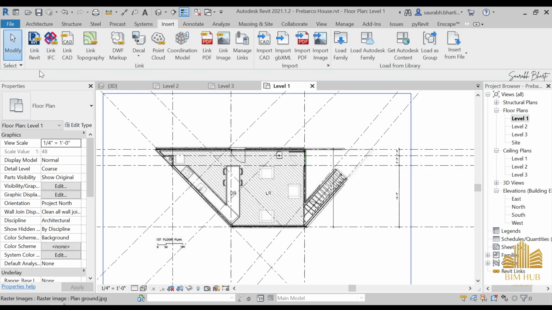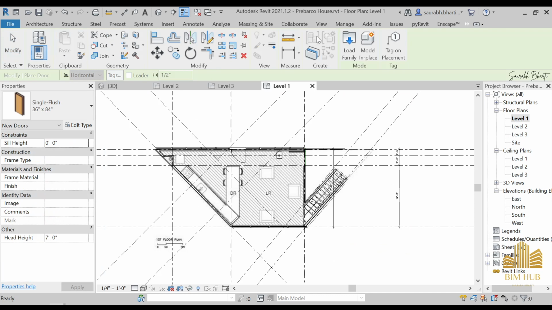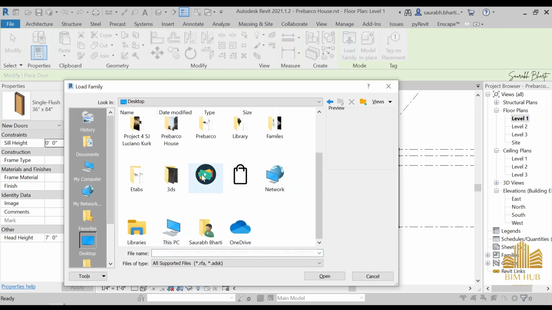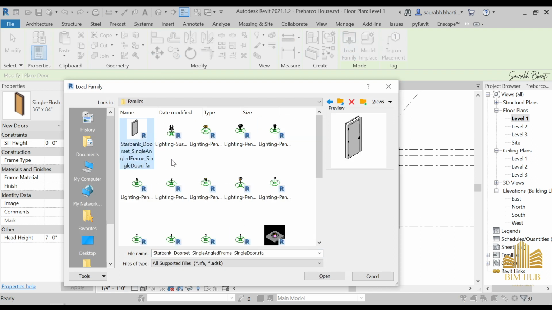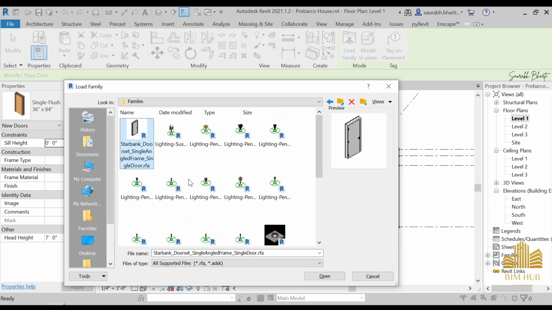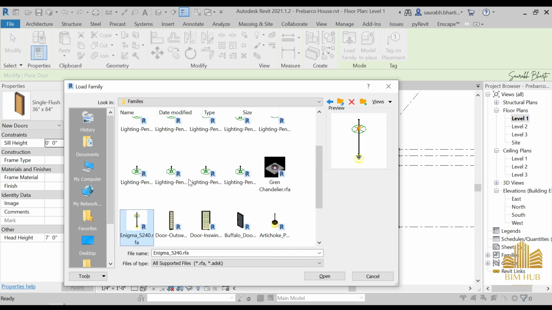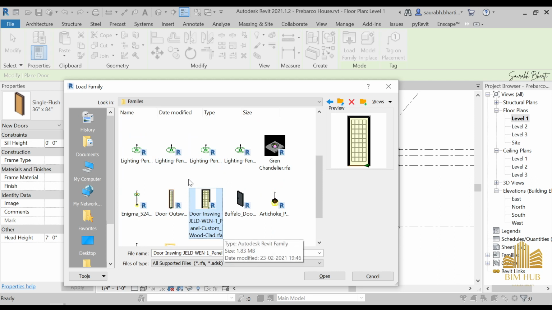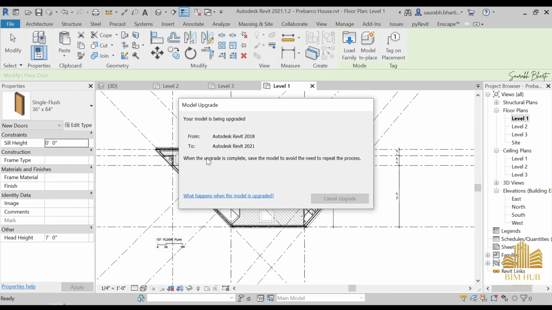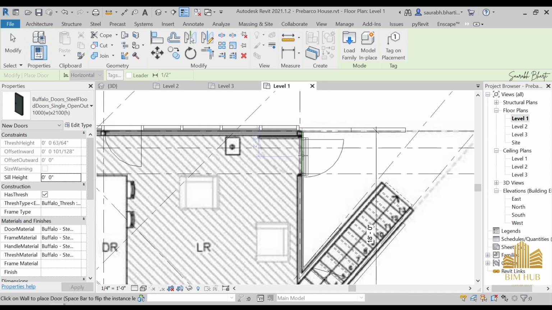So just go to level 1 once again, go to architecture, go to door, load family, and you can load a door family that you have, and I will provide the family of the door, so you can check the description. And let me see, we have some kind of door. We have this one, two, this is something of a glass door, we will not use that. We can use this door, just open it, and let me check if I can place this door at this point, and